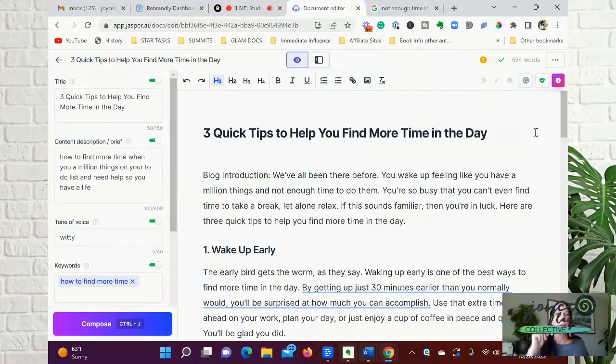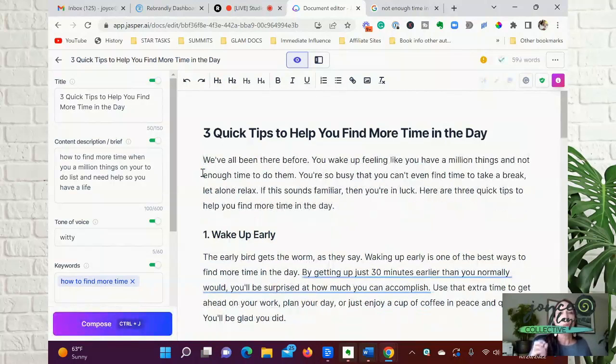That's another quick tip. If you are writing a blog post and you're sending out an email to your list, to your subscribers, one of the things that I like to do is take this. So we're going to get rid of the blog introduction because we don't need that there. But I would take this first paragraph and then I would have that in the email. And then I would say the rest of the article, 3-minute read in parentheses.